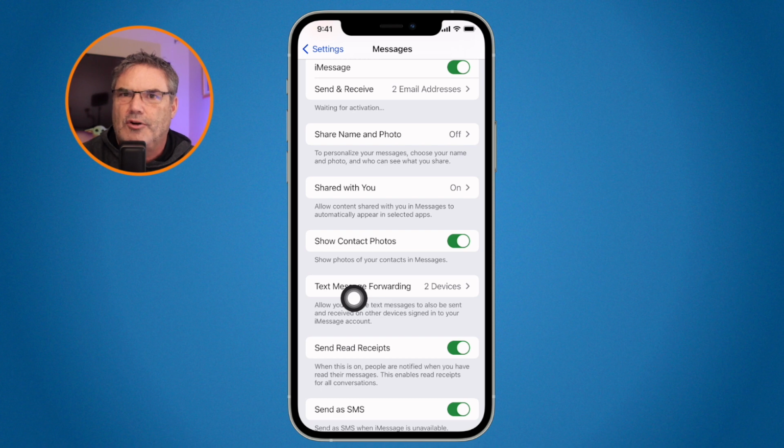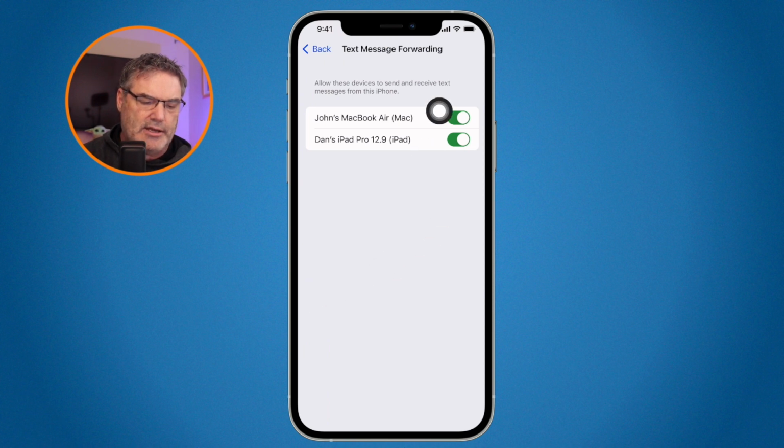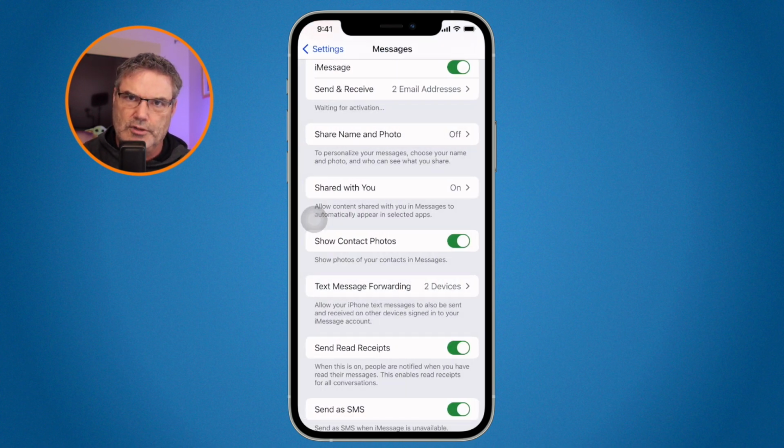That's just how we know how it works from our StarTech phones and all that. So when it goes to Barry's phone, that's all it does, because it doesn't know what to do after that. It's going to the phone number. So then what you have to do is say, forward this on to my 2 devices. And then it'll forward those text messages over to the iPad and the iPhone.